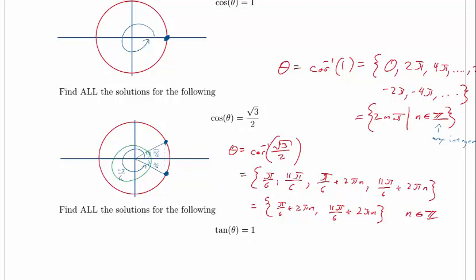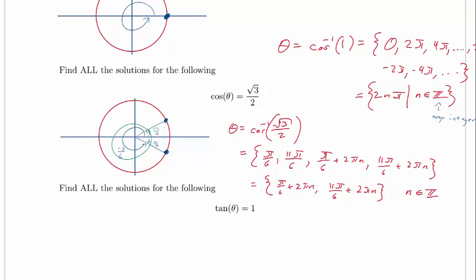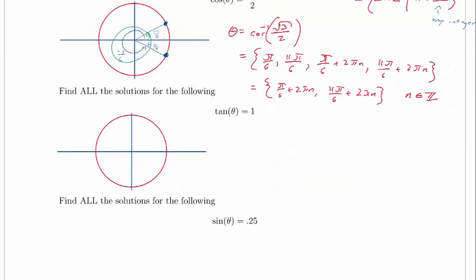All right, so let's move on. Now we have tan theta equals 1. And so again, we are solving for theta. Now if you just plug in the inverse tan of 1, you're going to get pi over 4, right? Because that references this point right here. And that is one correct solution. However, there are multiple correct solutions. In fact, there's an infinite number of them. But even within one revolution, there is another solution,